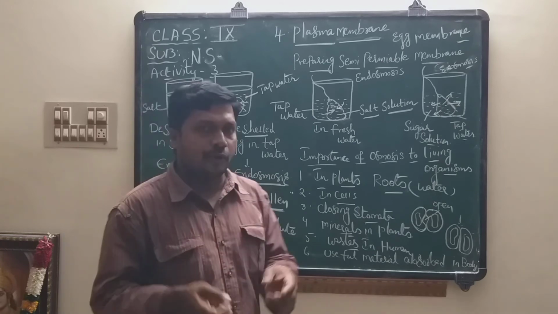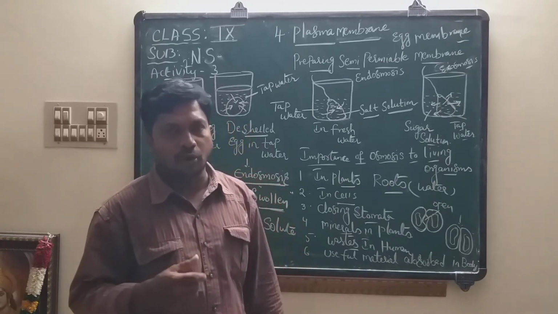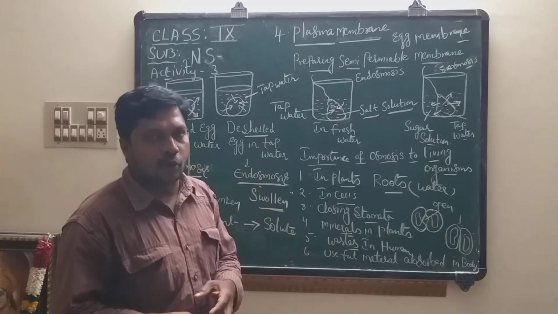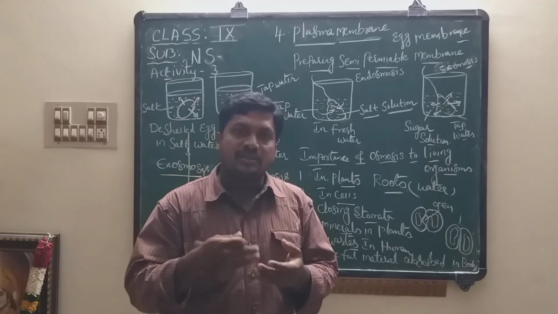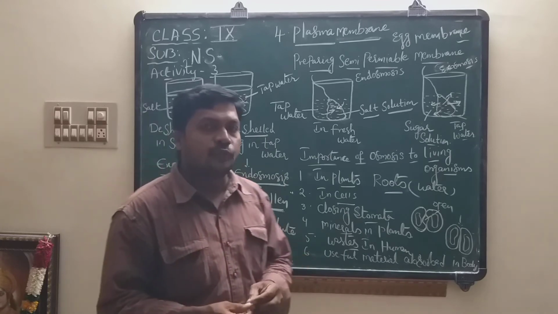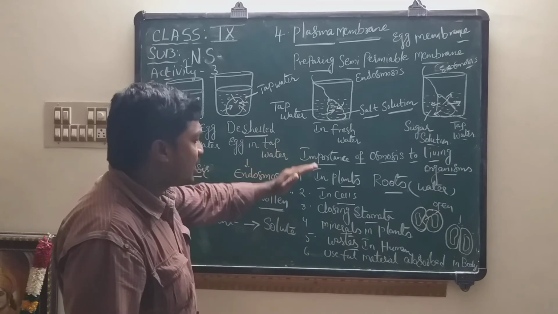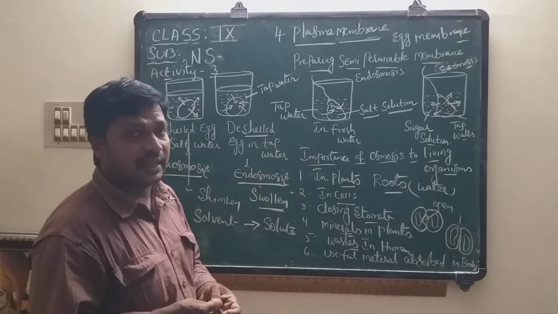In our body, some useful materials are needed for our metabolic activities. Waste materials are also formed during metabolic activities. The waste materials must come outside of the cells through a process known as osmosis, and useful materials also get reabsorbed in the process of osmosis. These are the six situations where osmosis takes place in living bodies.